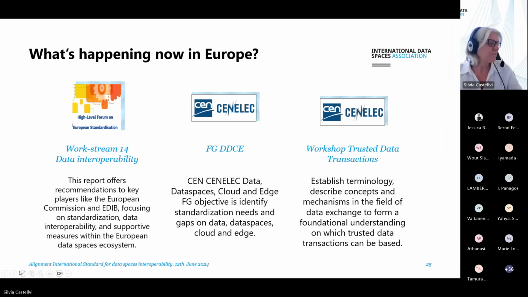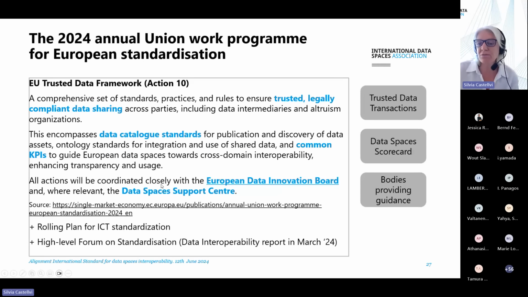But then, where this comes from, as you probably know, the European Commission has defined a strategy for standardization, and part of this strategy, the Union Work Programme for European Standardization, publishes every year the actions that are needed. And for this year, there is one action that is the Trusted Data Framework. Here you can see the specification for this Trusted Data Framework, but what is important from this action, based on the rolling plan for ICT standardization and also the high-level forum on standardization report that